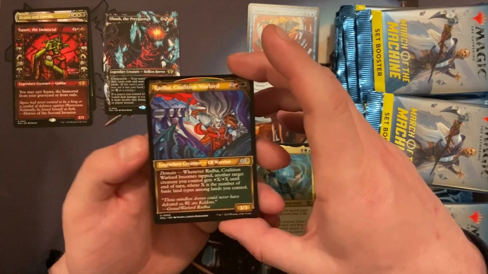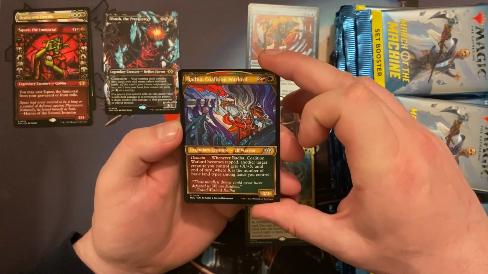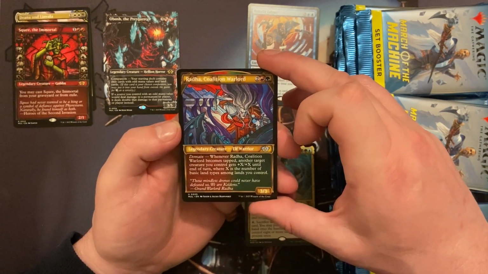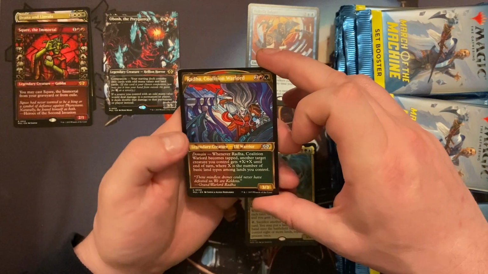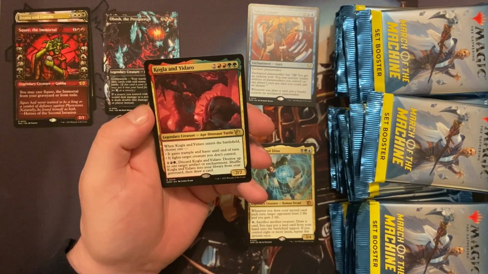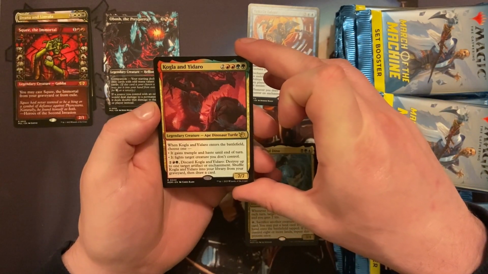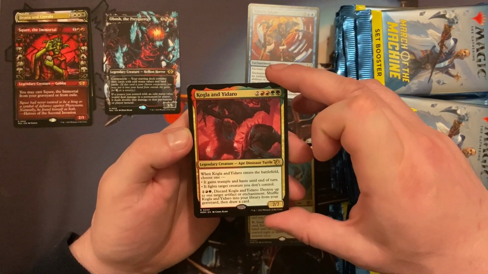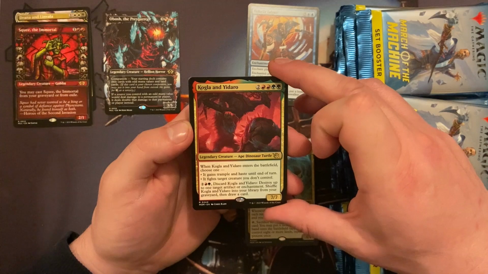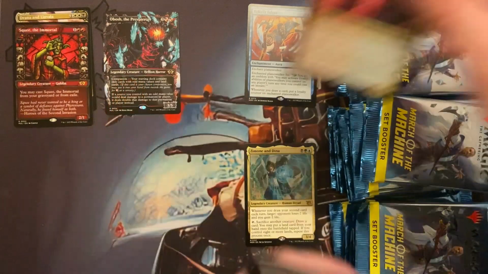Oh, we managed to get another uncommon. Lucky us, in this old stained glass that came out with Dominaria. Dominaria United, the football set. That's Radha, Coalition Warlord. And then we've got Kogla and Yadaro. Very cool. Ape, Dinosaur, Turtle. Just what you need when nothing else will do. You just need that Ape, Dinosaur, Turtle. So that's awesome. And then we've got a nice foil